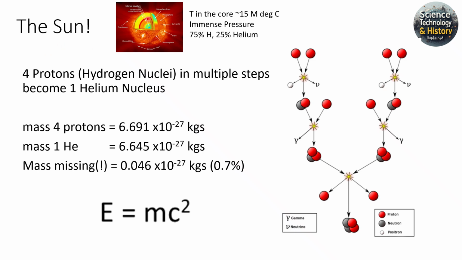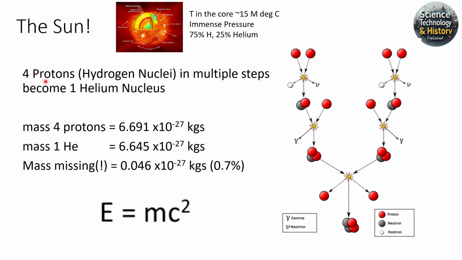If we cut a section of our sun, a huge ball largely consisting of hydrogen, 75%, and helium, around 25%, something like this, mostly hydrogen. If we drill a hole in the middle, in the core, the temperature in the core is around 15 million degrees centigrade, and the pressure from all the weight of the star is enormous. And the fusion reactions that happen in the core of the sun are basically that in multiple